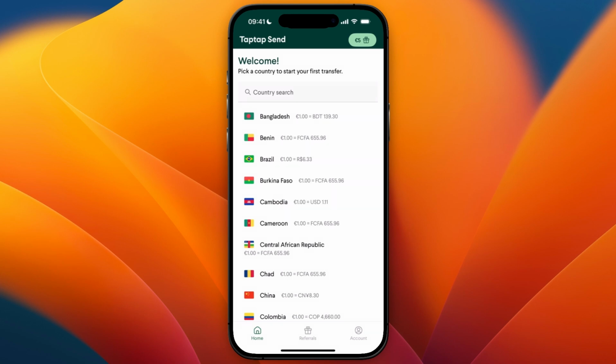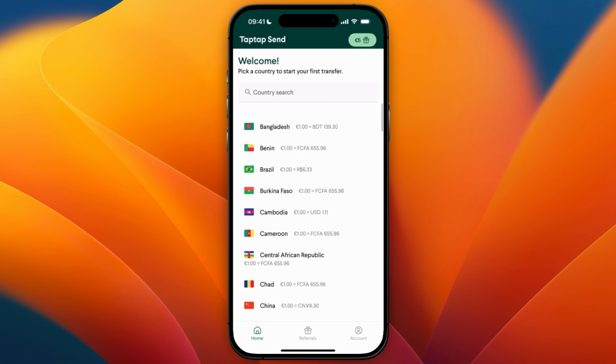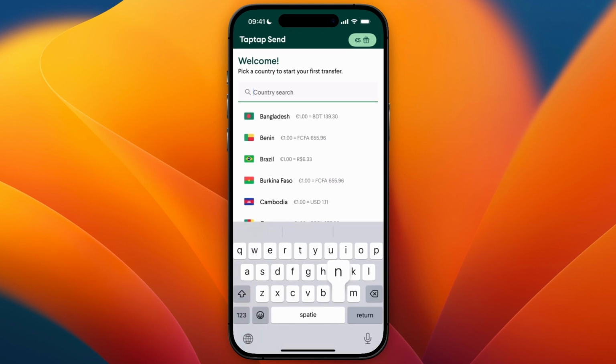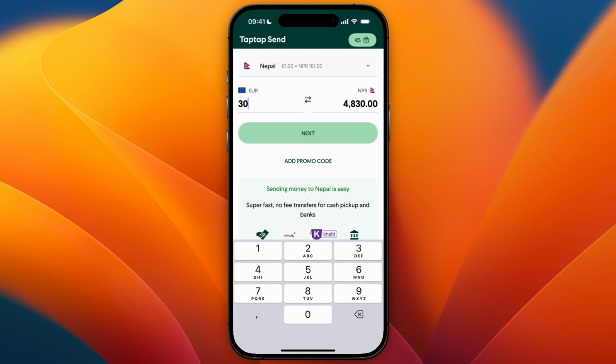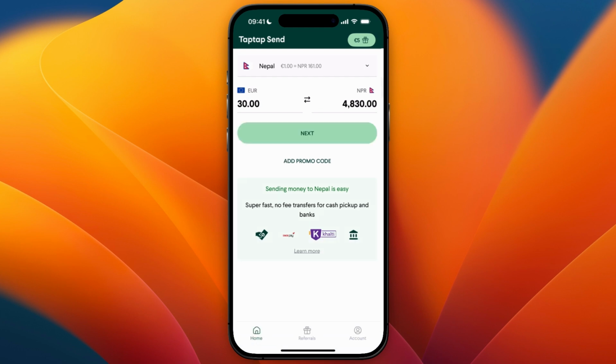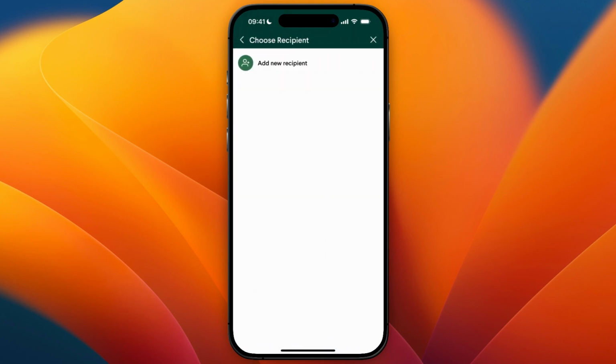In this video, I will show you how to use TapTap Send to send money to Nepal. To do this, what you want to do is just open up the TapTap Send app, and here you're going to search for Nepal, and then choose how much you would like to send. For example, 30 euros. Now from there, you're going to click on Next, and now click Add New Recipient, or